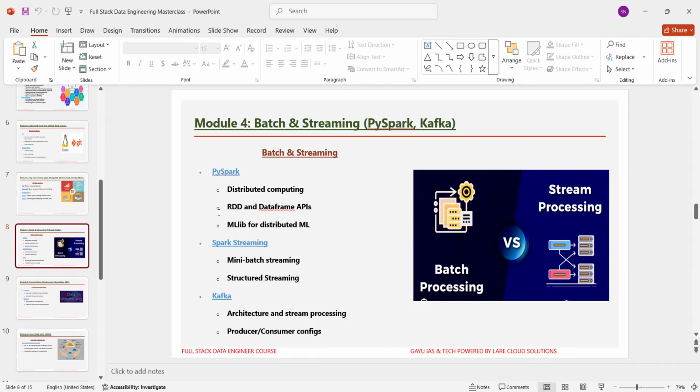And later, after PySpark, you'll be learning about Apache Kafka, which is a real-time data streaming platform. In Kafka, you learn about the Kafka architecture like brokers, topics, partitions, and consumer groups. And later, you'll learn about producing and consuming data streams, stream processing basics with Kafka Streams or structured streaming, data durability, and fault tolerance.